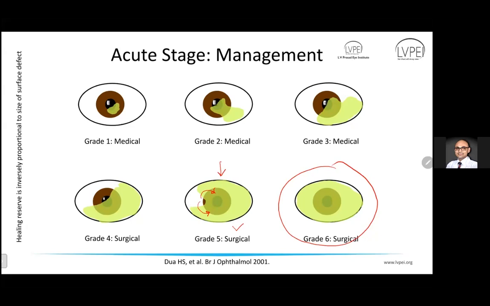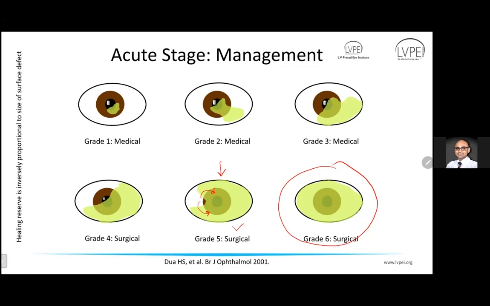And once that staining happens, then assess the extent, how much of the limbus is affected and how much of the conjunctiva is affected. The larger the amount of limbal defect and the larger the amount of conjunctival defect, it tells you that the lesser is the healing reserve. It does not mean that it will heal or not heal. It just means that the reserve is less, and therefore you have to do even more. You have to put in more effort, the lesser the reserve, to make sure that healing happens